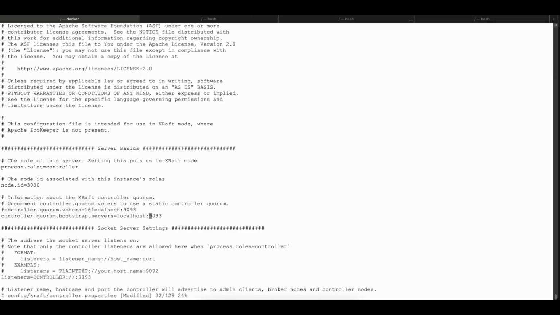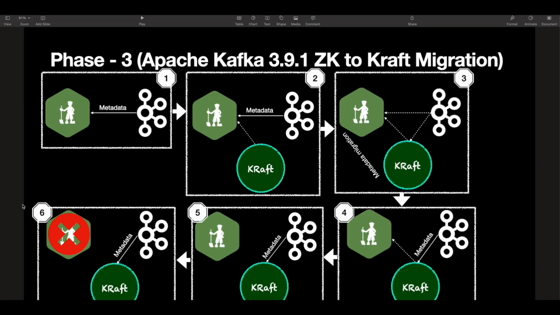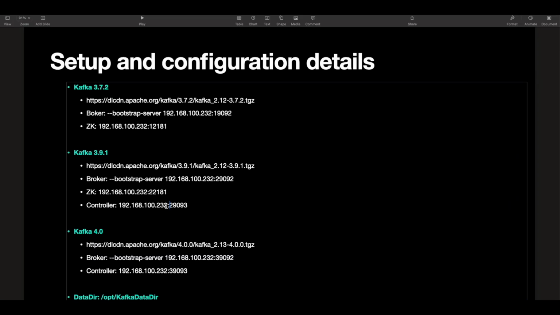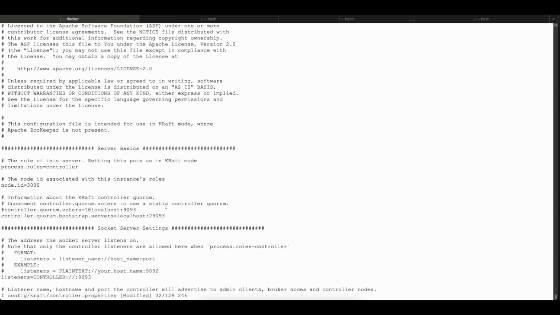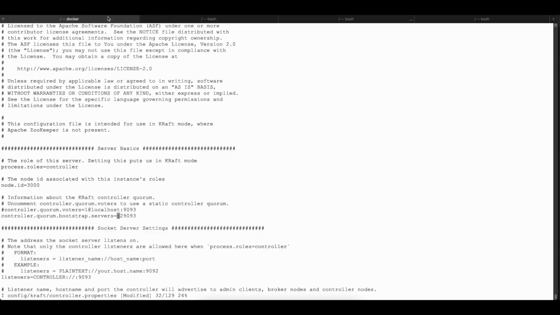So what I will do, 29093, sorry, it's 29093, and here instead of localhost it will be my IP address,